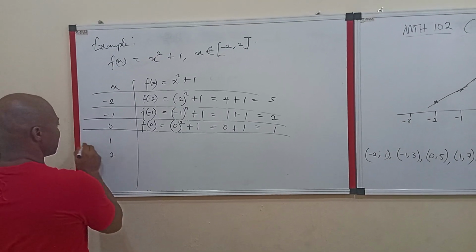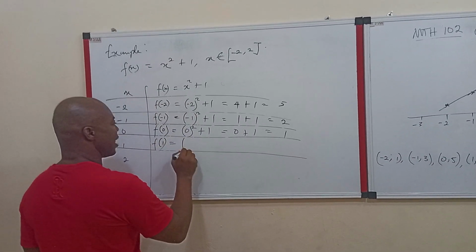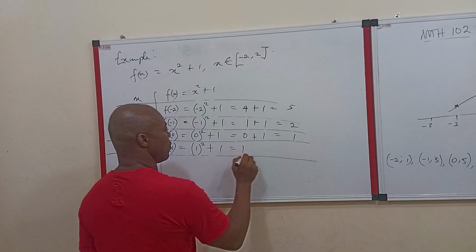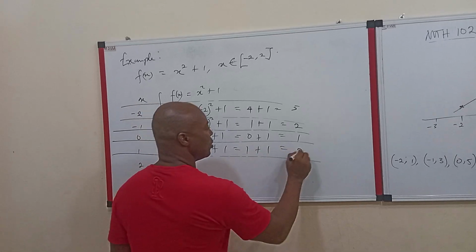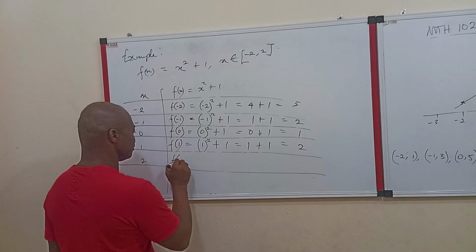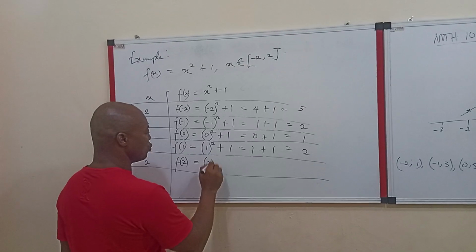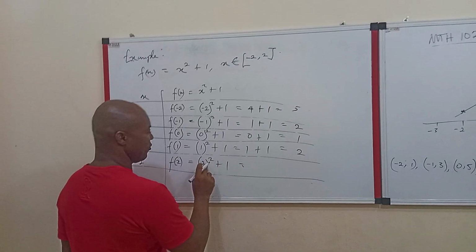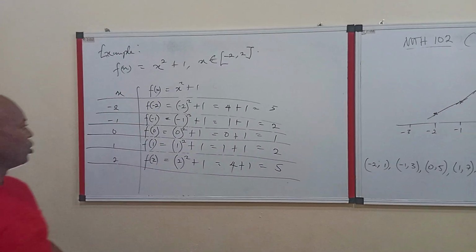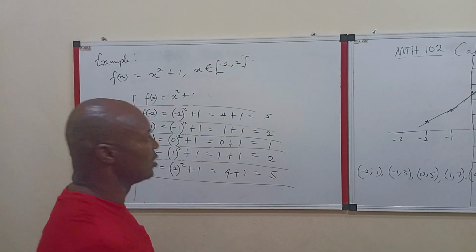Now, if x takes 1, you have 1 all squared plus 1. This will give you 1 plus this 1, so you're going to have 2. And lastly, if x takes positive 2, you're going to have 2 all squared plus 1, which gives 4 plus 1 equals 5. So you can see that after imputing the domain values, these are the output values, which is the same thing